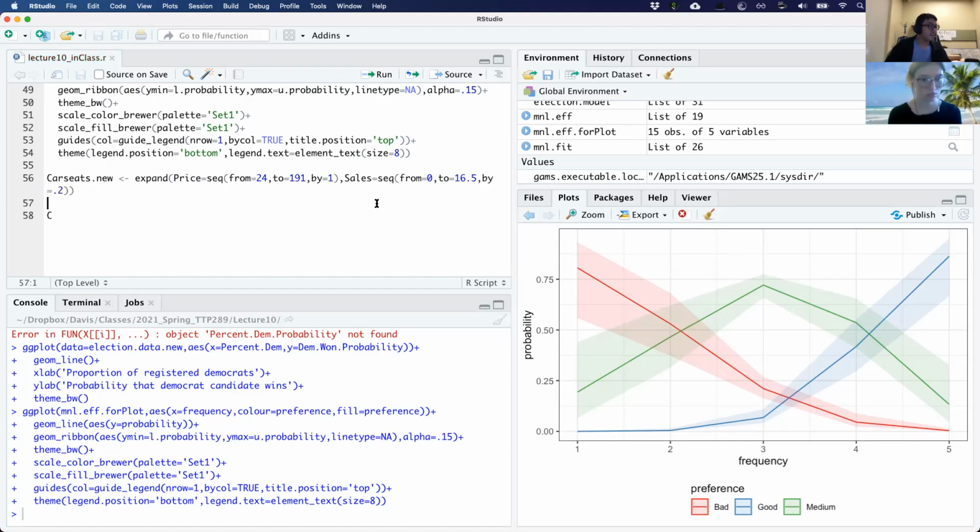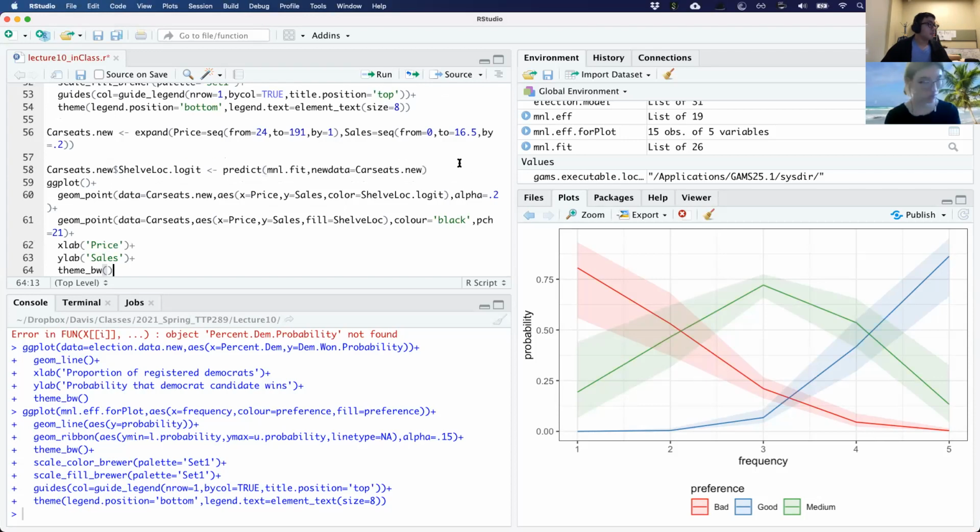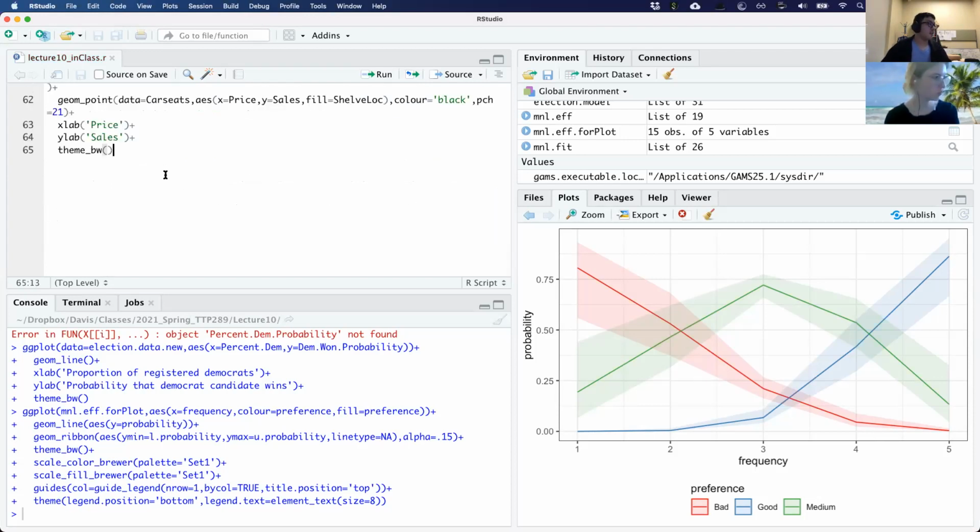So this is the new data set that we'll be inputting. Okay, and let's go ahead and plot this. Okay, so let's look at what our predictions look like.